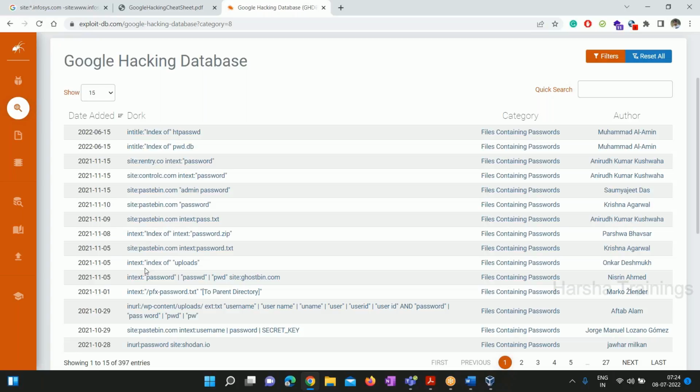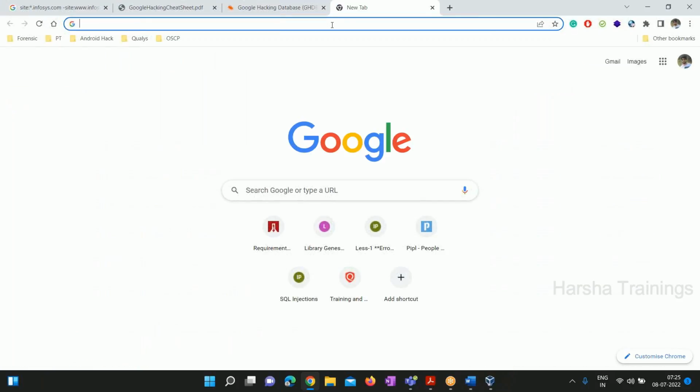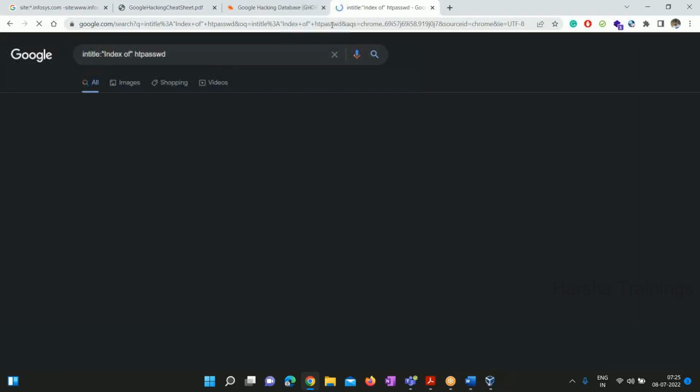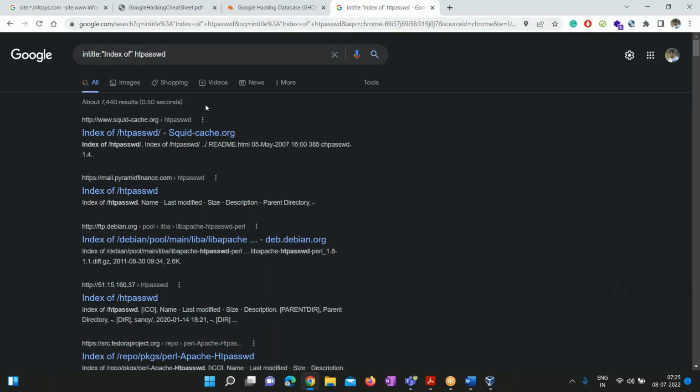Okay, let me go with the first one. In title, index of page, and they are looking for the HT password file. You can simply copy this and give this Google Doc in the internet and see how many websites are vulnerable for this and exposing the information. Almost 7,000. Right? If I open this,